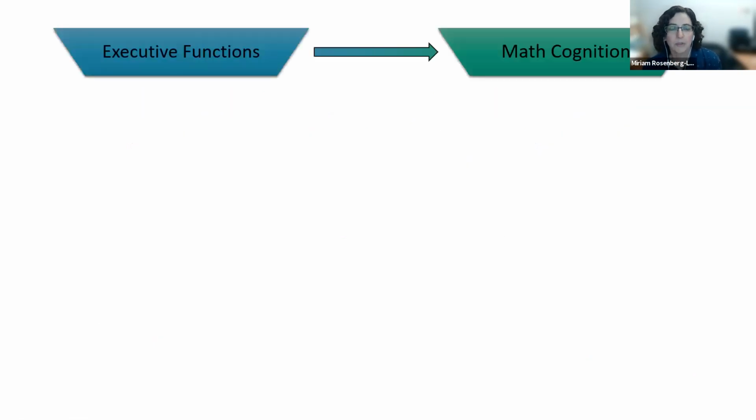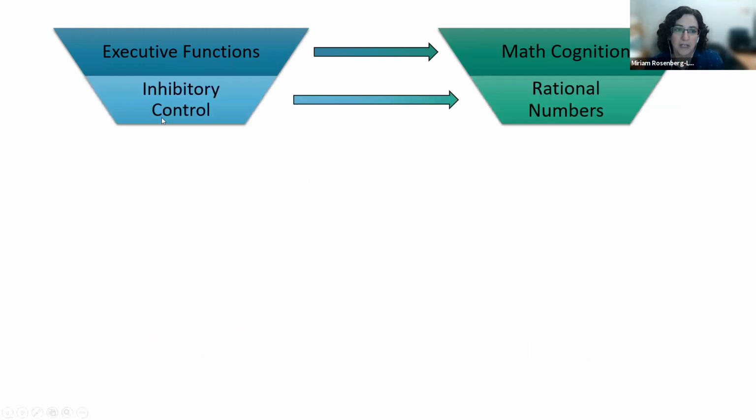In our lab, we're generally interested in understanding how basic cognitive capacities like executive functions support math cognition and other higher cognitive skills. We particularly use an individual difference approach in this work. Lately, we've been very interested in the role of inhibitory control in rational numbers. Our working hypothesis is that part of what makes rational numbers so difficult is that many properties of rationals contradict students' prior knowledge about whole numbers.